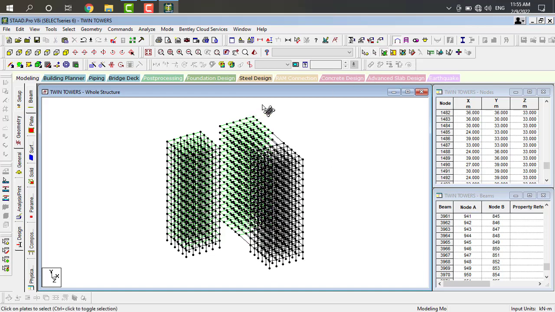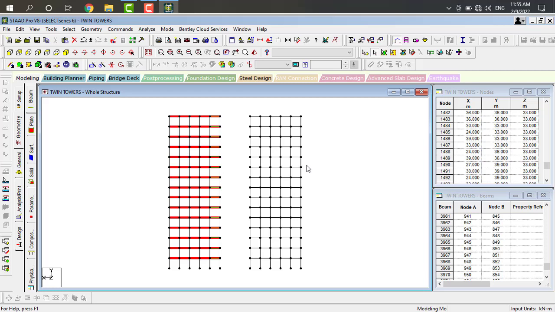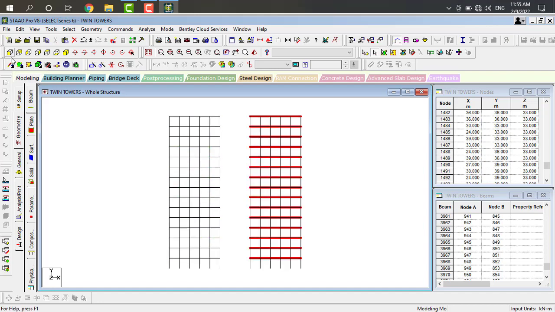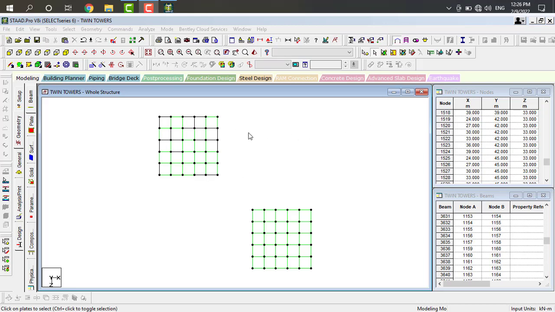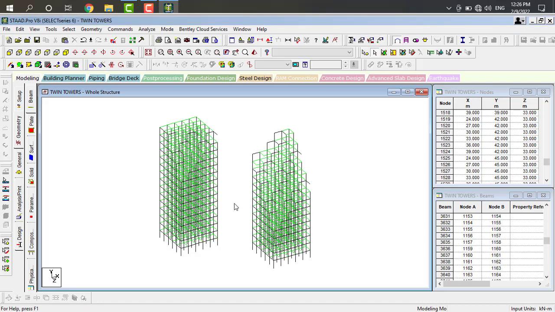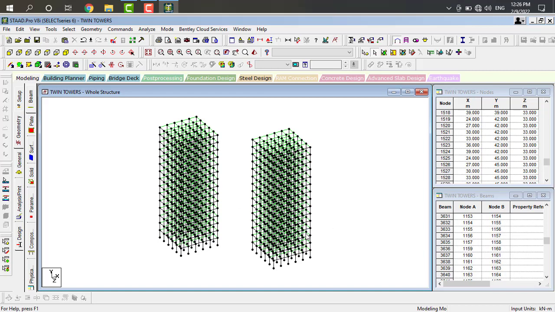Take the 4-node plate. Now it will be copied to this. Our plates and beams are copied like this now, from X axis to Z direction. It will be like this.